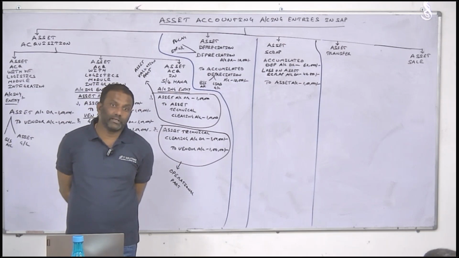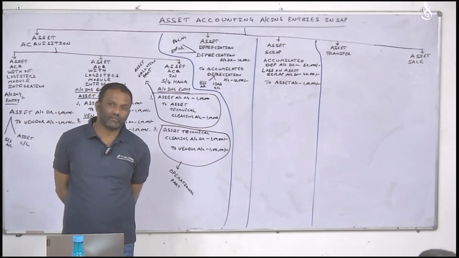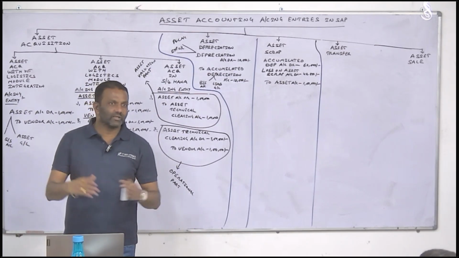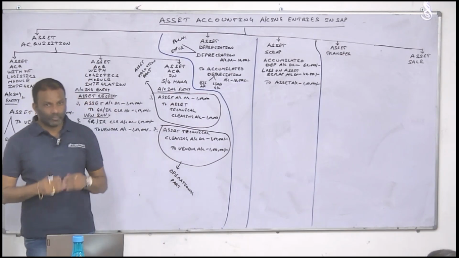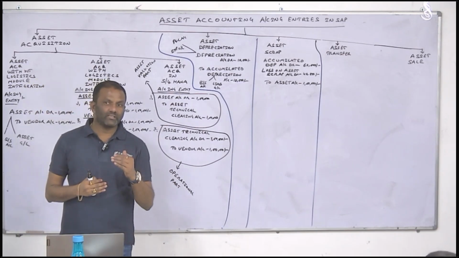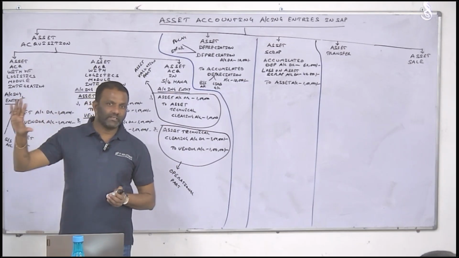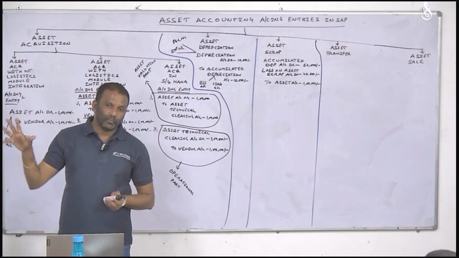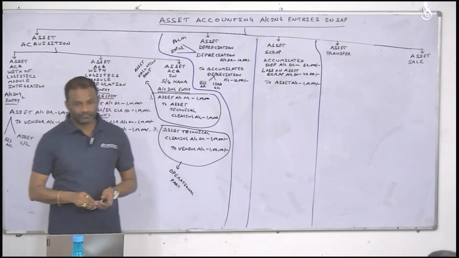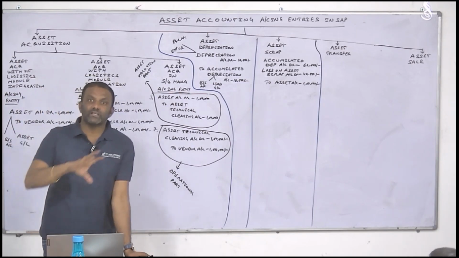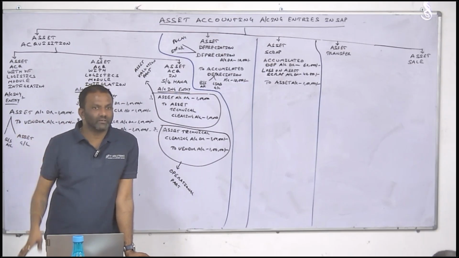Organizations will prepare P&L statement and balance sheet at different levels. Tomorrow's class I will take that one. From tomorrow onwards, slowly we will go to the technical way and the organization way. Then you people will understand. But upfront I am telling you, organizations prepare financial statements at legal entity level. But apart from legal entity level, they will prepare financial statements at different levels also, like plant